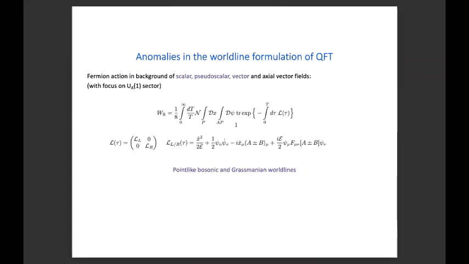So these are the kinetic terms. And this is what you would interpret as the Wilson line: x dot times the gauge field, plus or minus the axial vector field. And this is a spin precession term. So this is the complete rewriting of the one loop fermion determinant in terms of these bosonic and Grassmann Worldlines. Epsilon here is the einbein, and that actually imposes the energy-momentum constraint on these Worldlines. You can think of that as a Lagrange multiplier in general.